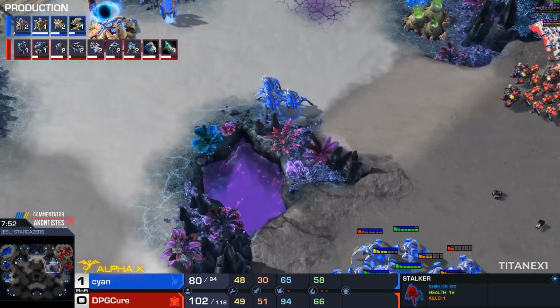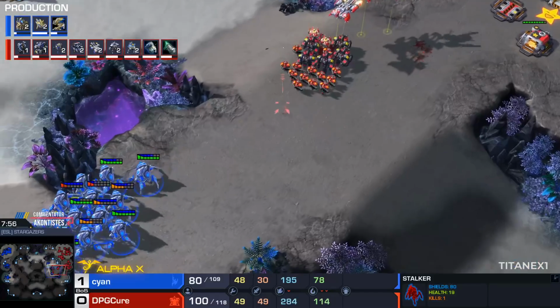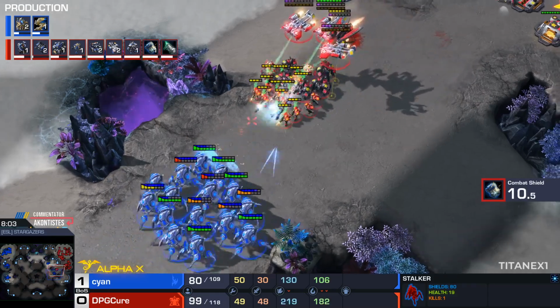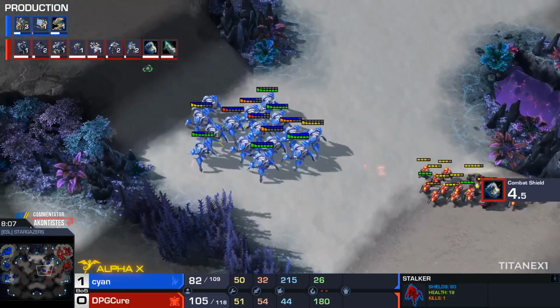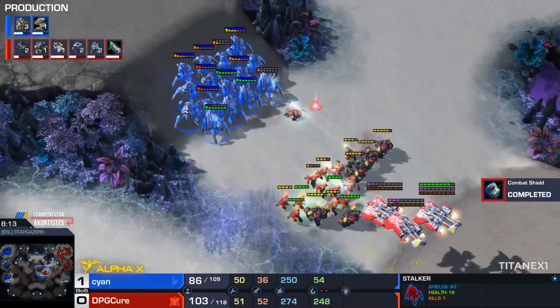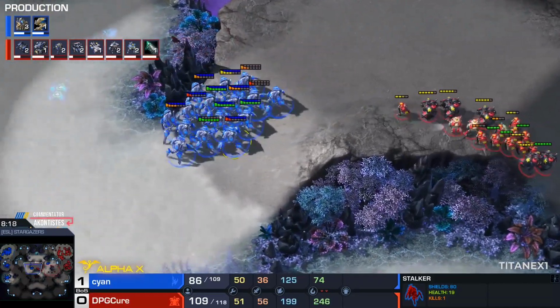Very good plays by CYAN in both Game 1 and Game 2, but right now Cure is stabilizing and it's becoming more and more complicated for CYAN to actually get something out of this. He doesn't really have a ton of gateways. He's establishing a decent economy, but he lost so much in the early game due to many probes dying that right now I don't really think he can afford this mass gateway style,